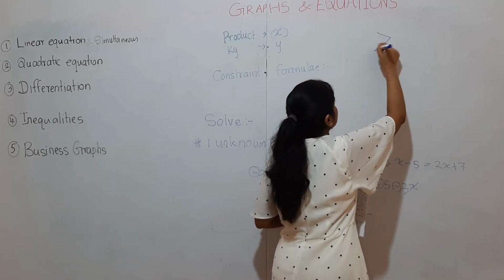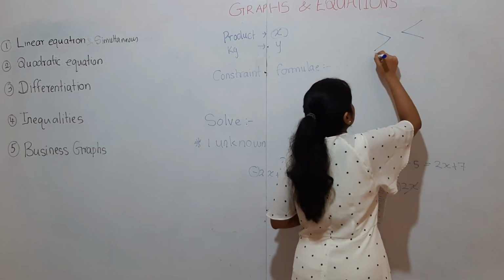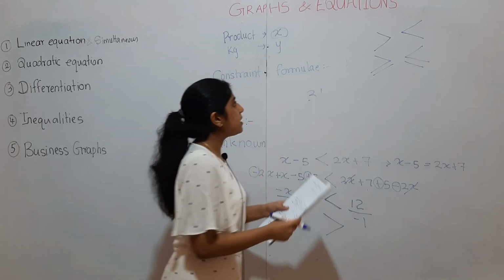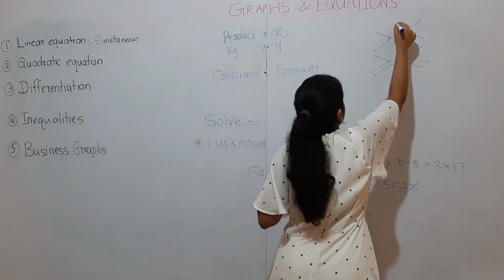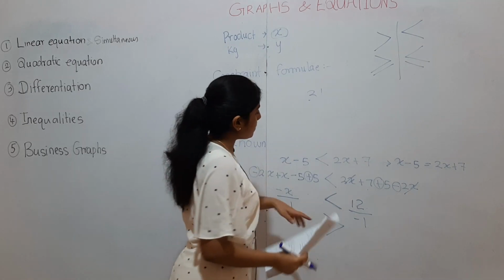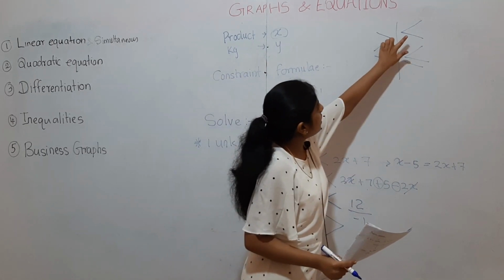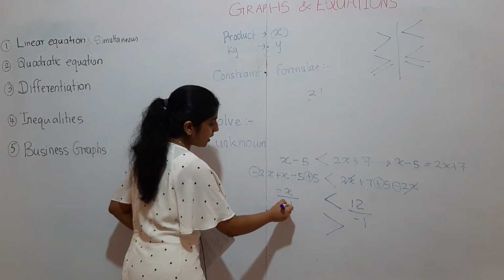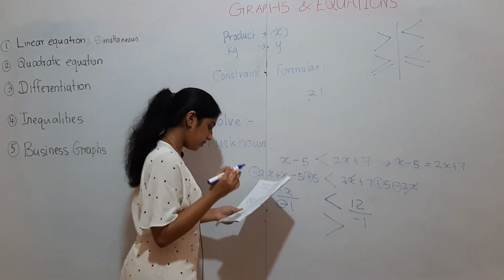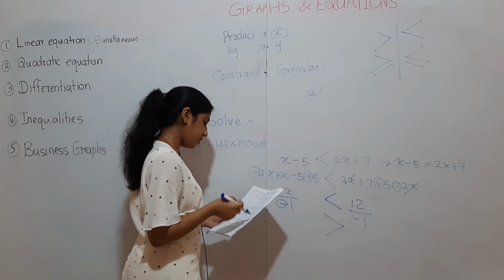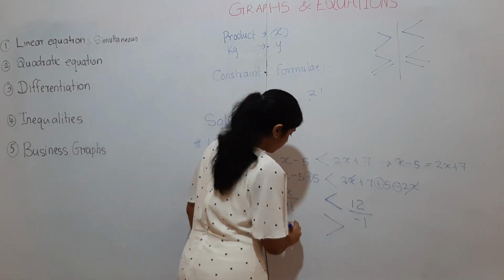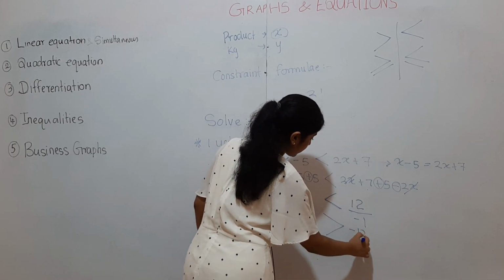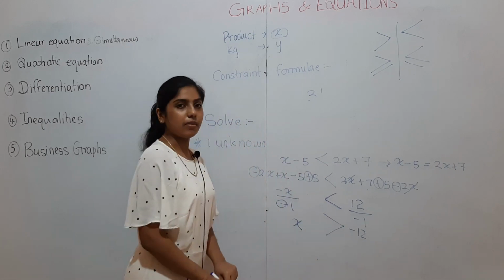Now if you look at opposite signs, this is less than, the opposite of it is greater than. This is greater than or equal to, and the opposite of it is less than or equal to. These are the opposite signs, right? So the opposite sign, now this is this one, the opposite of it is this way. So I changed it because I am dividing by a minus figure. That's the third rule. As per the third rule, if you divide by a minus figure, you should change the sign. And then I will get x is greater than minus 12.